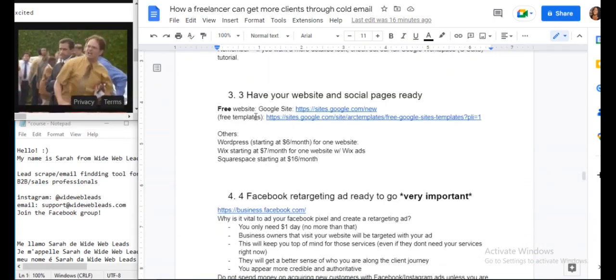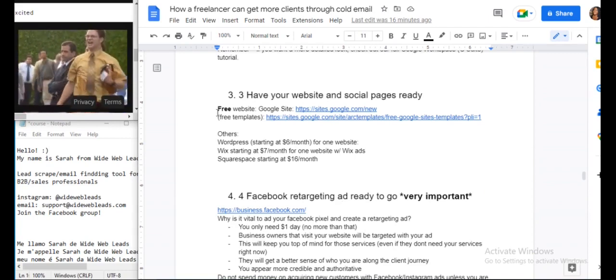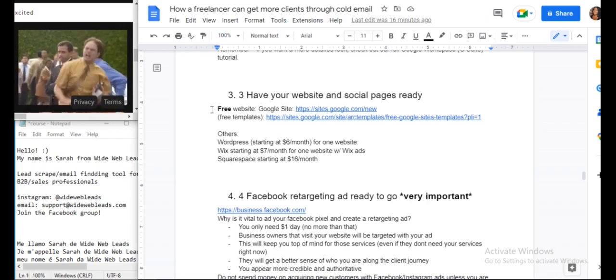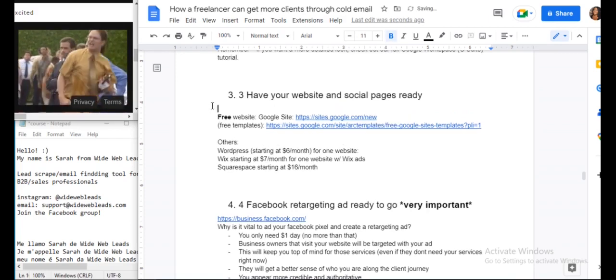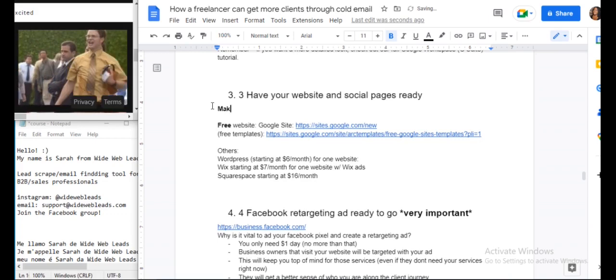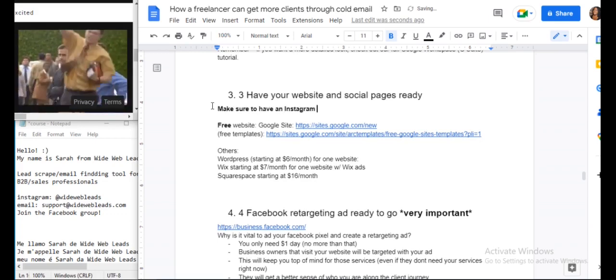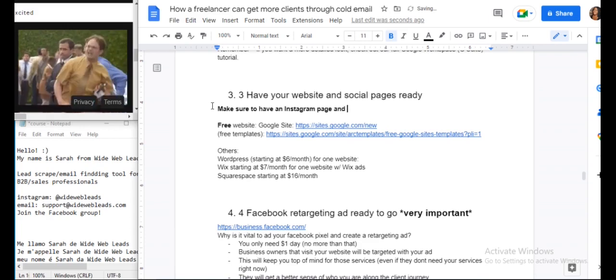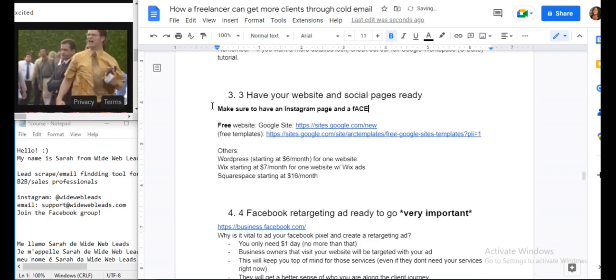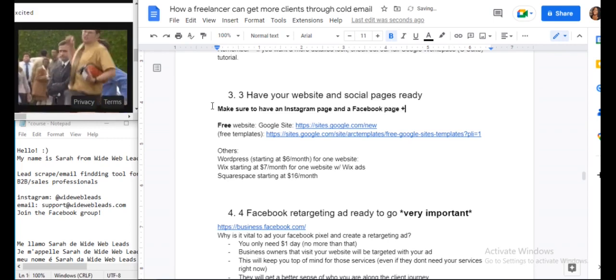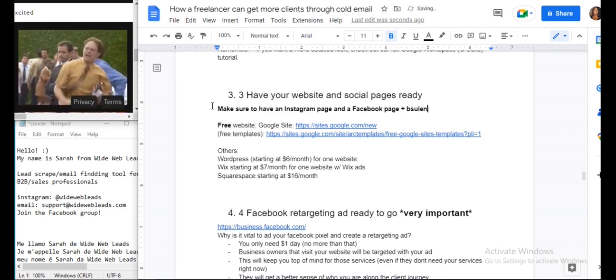And let's move on to having a website or social page. So the free way to do this would be to just have your Instagram page for sure. All right, and a Facebook page plus business account.